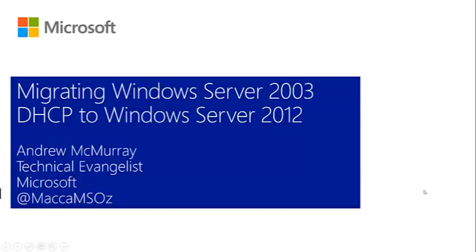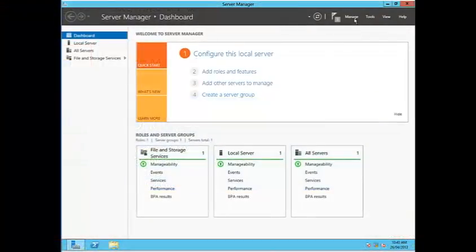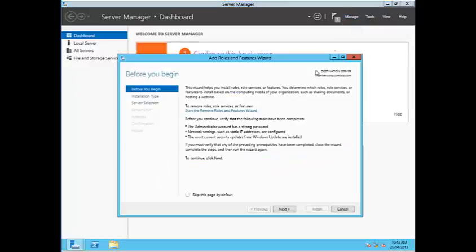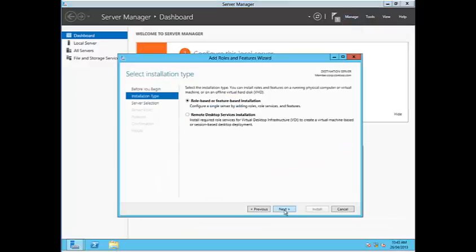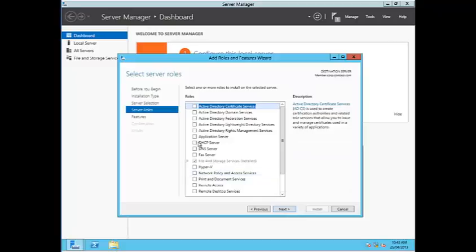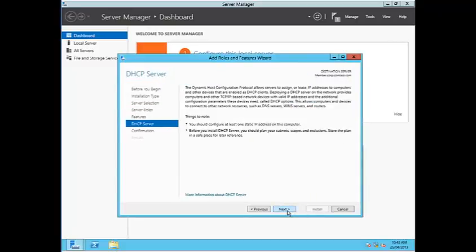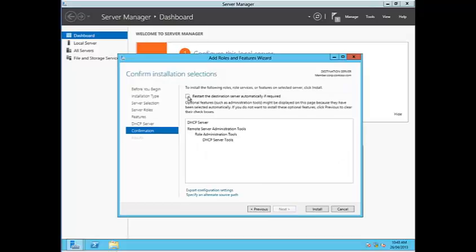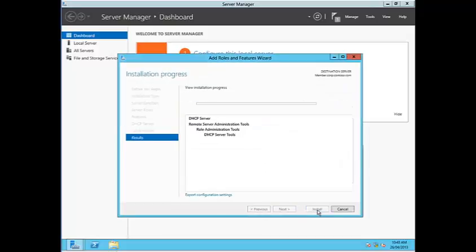In our final video for Module 8, we'll look at migrating Windows Server 2003 DHCP to Windows Server 2012. The first part of the migration procedure involves installing DHCP Server on our destination Windows Server 2012 machine. As we can see, we're simply installing the DHCP server role and configuring as per best practice to restart the